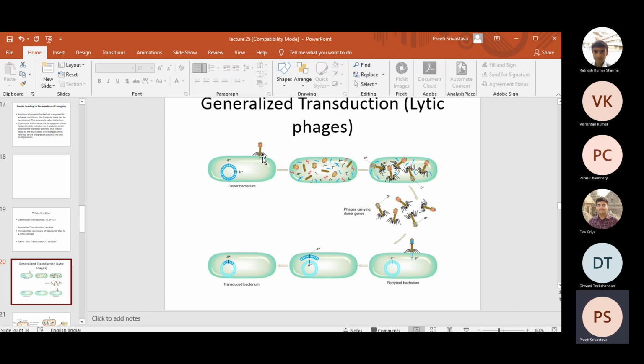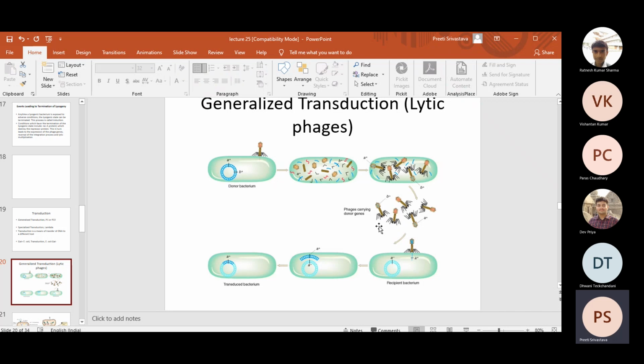The P1 phage binds and then it infects. The moment it infects the bacterial cell, the enzyme produced by the P1 phage will start breaking the chromosomal DNA of the bacteria into pieces. The phage DNA itself will start replicating, and as a result it will start expressing the phage coat proteins, as a result of which the phage particles will start assembling.